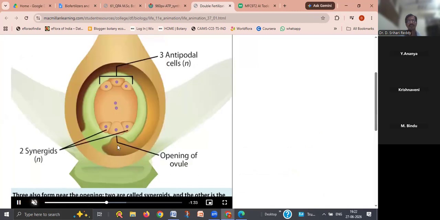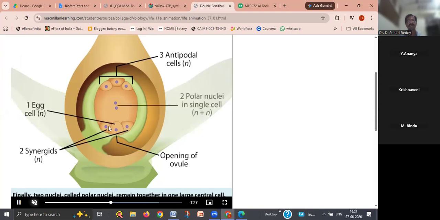You see here in the embryo sac or female gametophyte, we see one egg cell and two synergids at the side of the micropylar end, and at the center there are two polar nuclei or central cell, and at the chalazal end we find the three antipodal cells. Now what happens